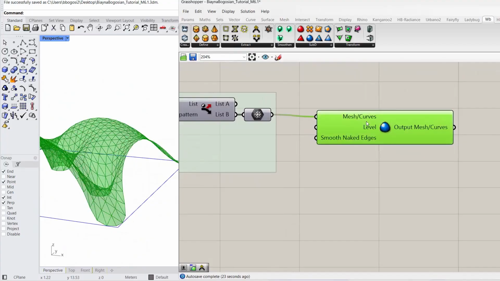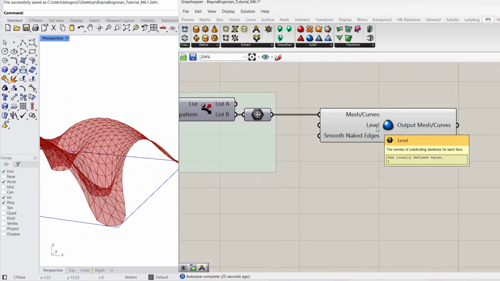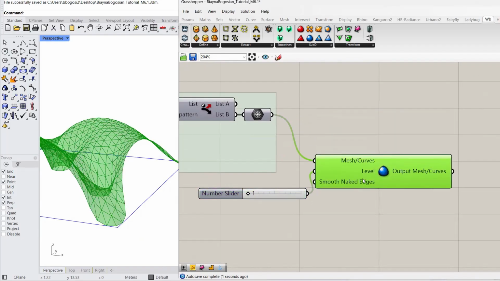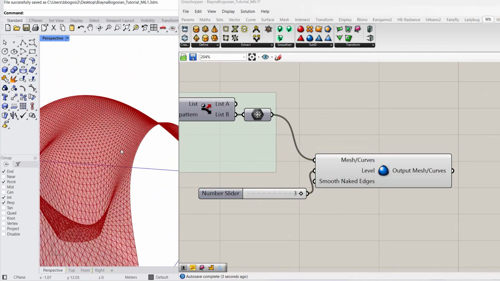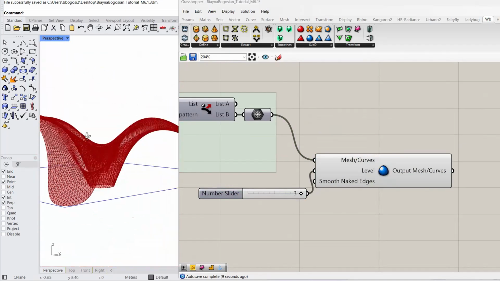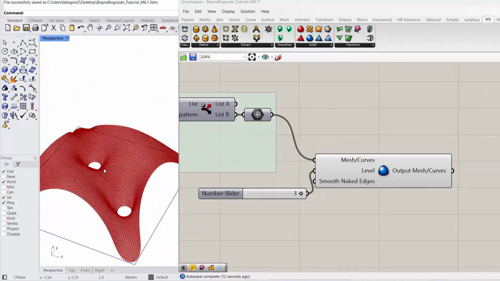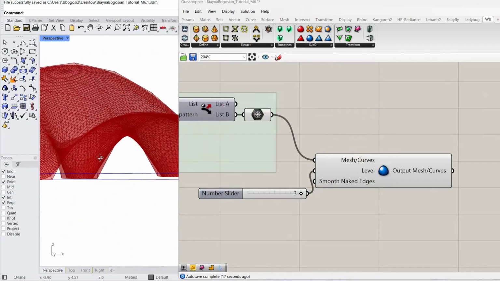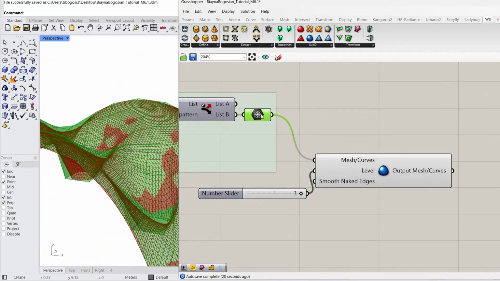And let's see what the other properties are. So for instance, it has this thing called a level. So this is subdivision level. And you can go all the way up to 3. Let's make a slider that goes 1 less than 3. And by default, this is set to level 1. And by the time you get to level 2 and 3, you could see that it is just subdividing this beautifully. And what's really wonderful about this Weaverbird components is that it's a very, very light and optimized operation, right? So it just runs super, super smoothly. So if I were to compare this, the original to this, you could see that now this is drastically a smoother